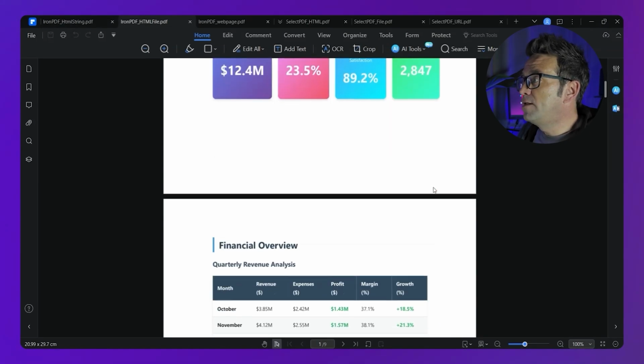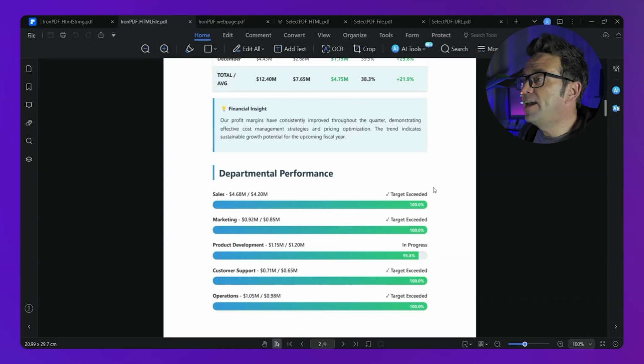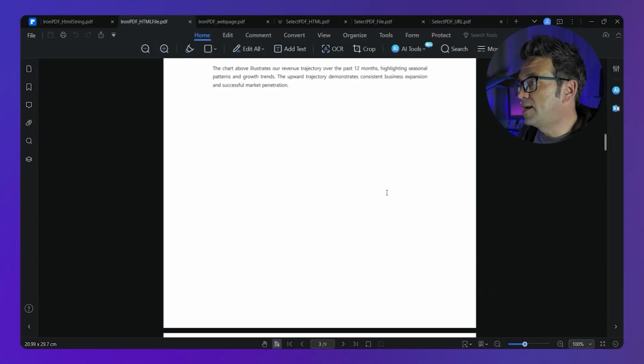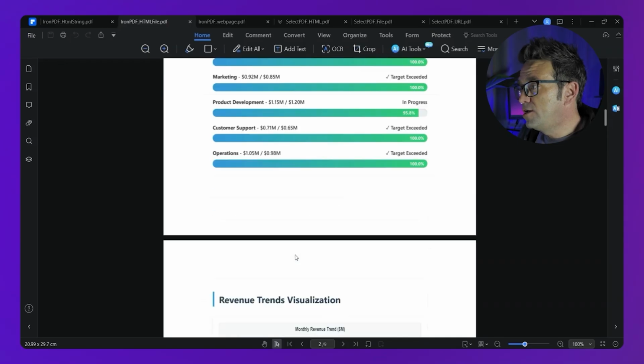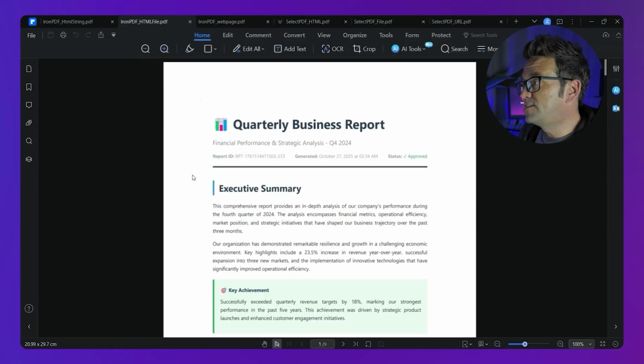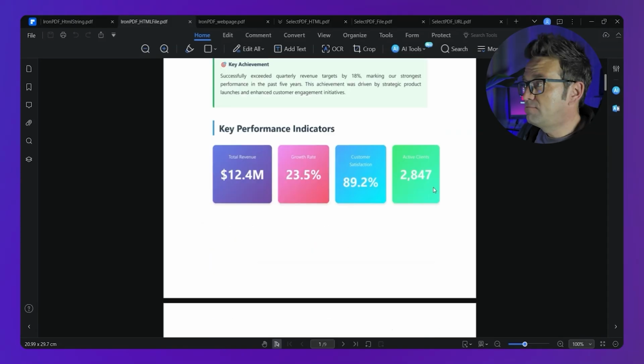This is a quarterly business report, and look at the excellent rendering quality. The document structure is preserved perfectly with the company logo, chart icon, and executive summary section with a green highlighting box and all the formatting intact. Colors are vibrant and the layout is professional. Complex elements like the colored metric cards showing revenue, growth rate, customer satisfaction, and active clients are rendered